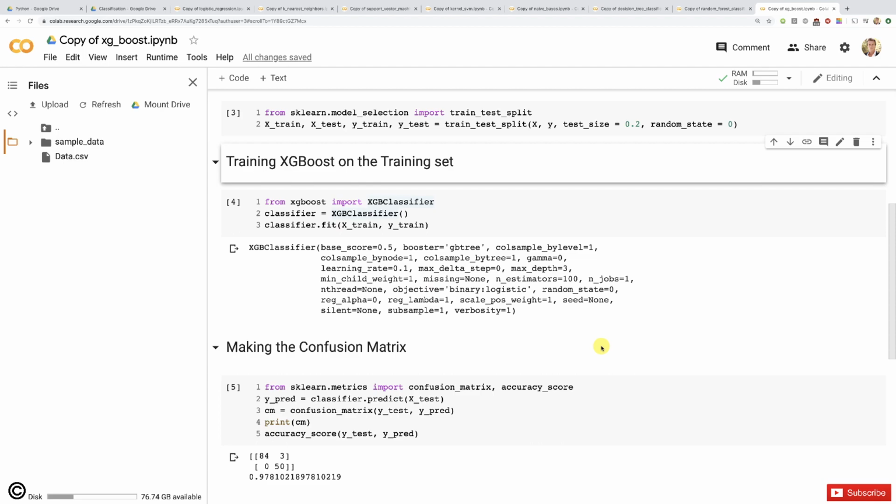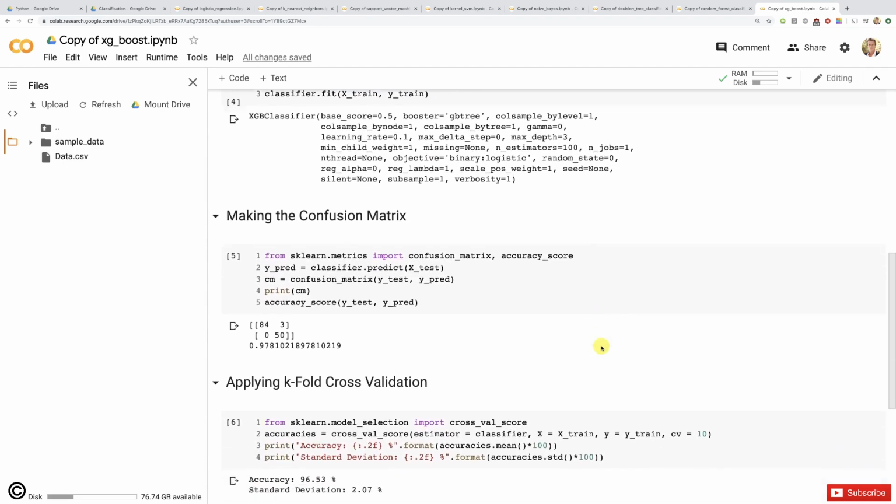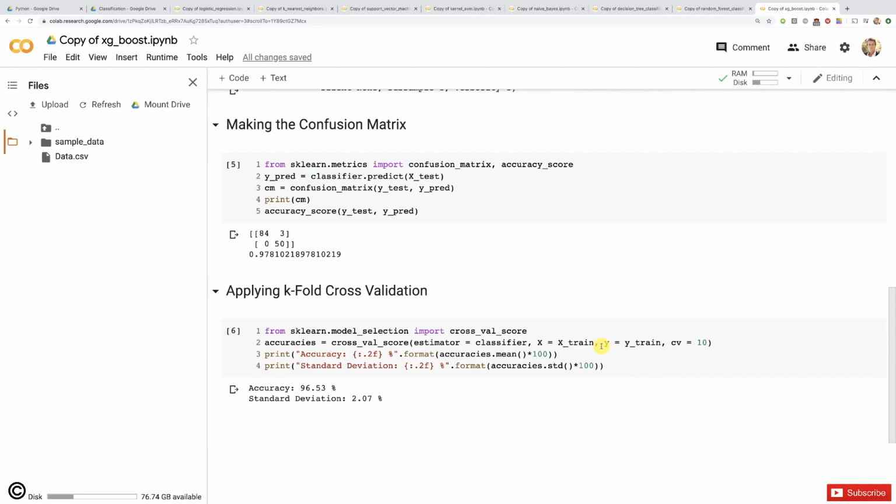And we also have the result for this, which is, as we can see, still an amazing accuracy of 96.53%. This is, of course, an average accuracy obtained as a result of the average of 10 different accuracies measured on 10 different test sets. And besides, we have a rather small standard deviation of only 2%, which is good, once again, for this sensitive problem of cancer prediction. So yes, XGBoost is definitely number 1 here,